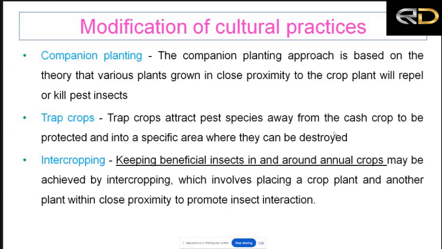The cash crop is the main crop that we are growing in that system, from where we will get the return or productivity which we want to increase. That is why our main focus is on the cash crops, and we are growing some alternative crops or some other crops in order to control insect pest